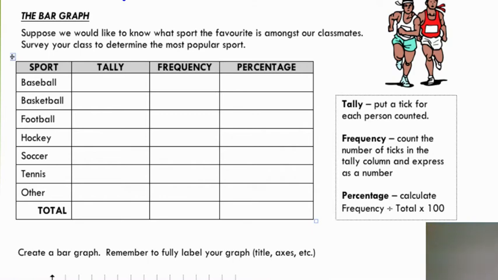Okay, we're going to come up with a hypothetical situation here. I'm going to use some numbers that I'm just grabbing out of the air, but just go along with it. Suppose we would like to know what sport is the favorite amongst our classmates. Let's say we were to survey our class to determine the most popular sport. Since we're doing a video here, we have to come up with hypothetical numbers. So let's say that five individuals